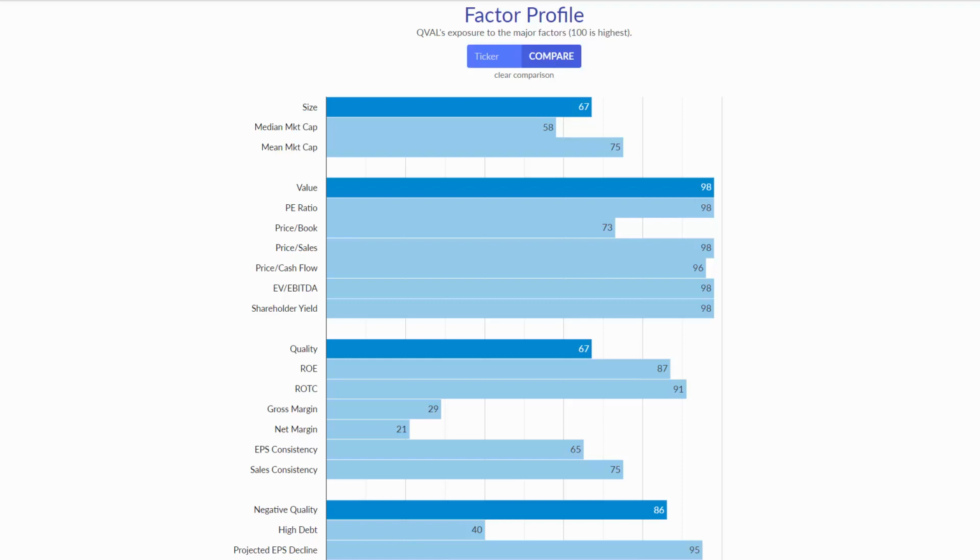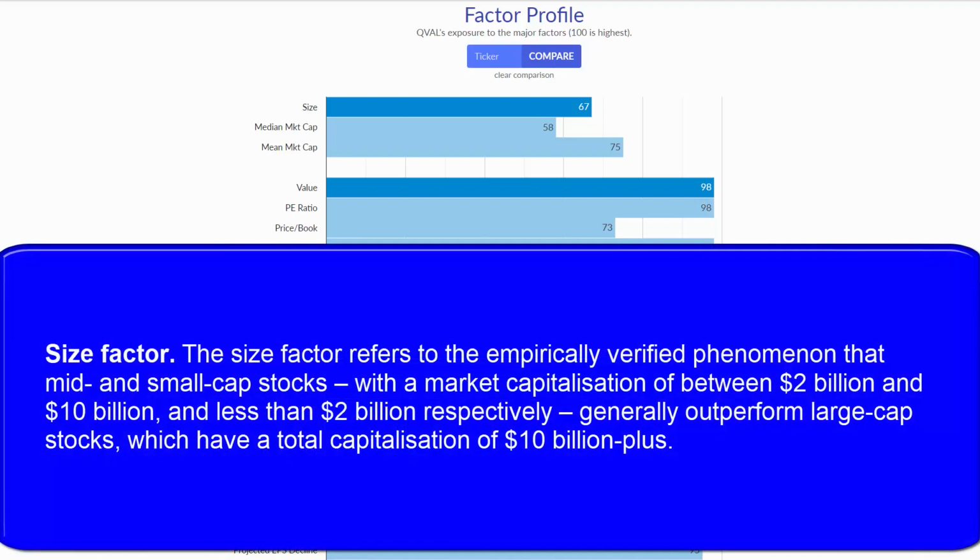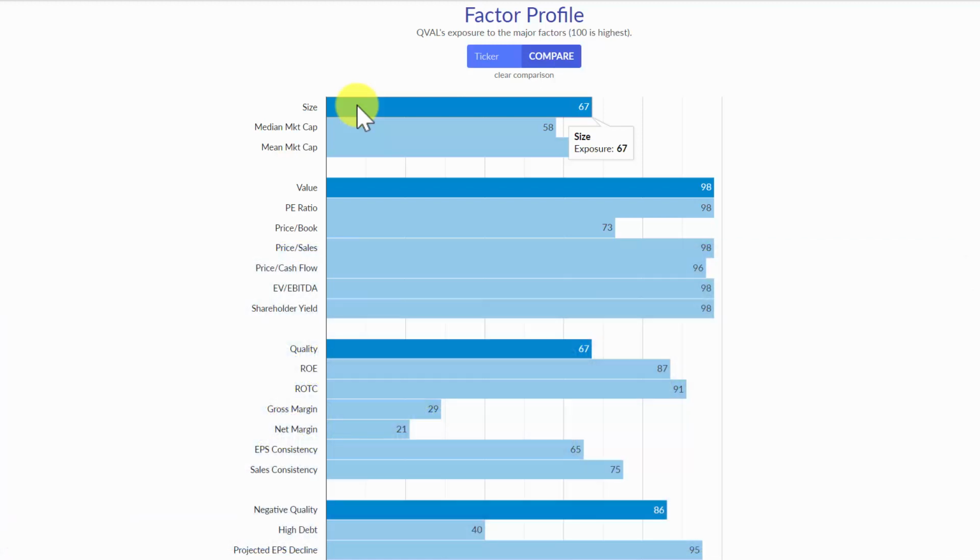So in this case, the first thing is size. And size, if you look at academic research, and it's come a little bit into question recently, but academic research over the long term would say that smaller stocks may tend to outperform larger stocks. And so the smaller the stocks are in your portfolio, the more you have exposure to size. And so if a fund was 99 on size, that means it has very small cap stocks in its portfolio. If it was a 1, it would be something that has large cap stocks, and then it obviously varies back and forth across the middle. And in this case, it's 67. So this is a little bit above average in terms of having smaller stocks, but it doesn't have very small